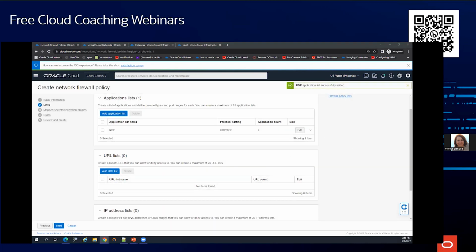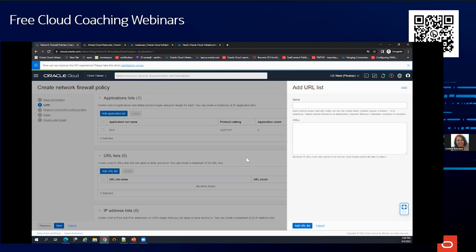Now comes the URL list. You need to create a URL list to allow or deny traffic to a group of URLs. You can include a maximum of 25 URLs in each list. Suppose this is the list, I can include 25 URLs in this list.